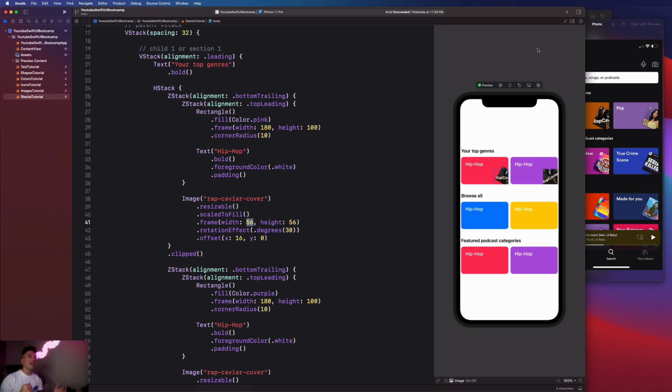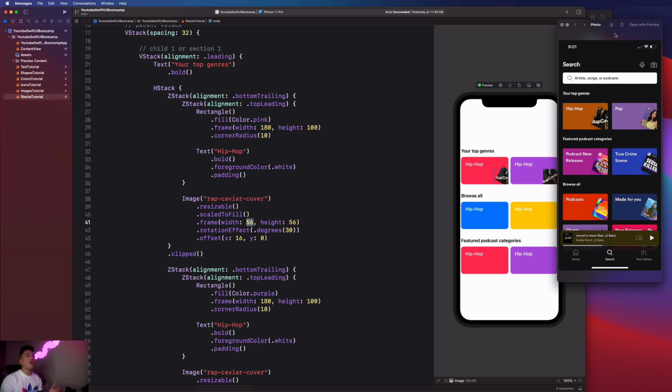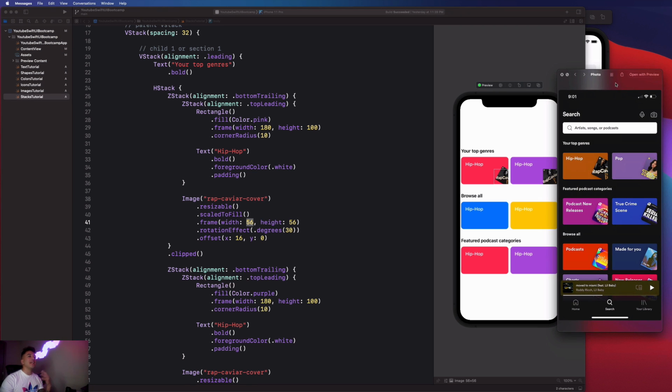And guess what, guys? Now we have our app user interface looking exactly how the Spotify user interface looks in the actual iOS App Store. And we just built that in like 15 minutes. That's absolutely incredible. So you guys are doing great. SwiftUI is awesome. And I hope you guys think I'm a pretty awesome instructor as well for teaching you guys how to do this stuff